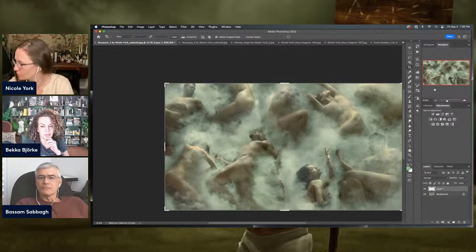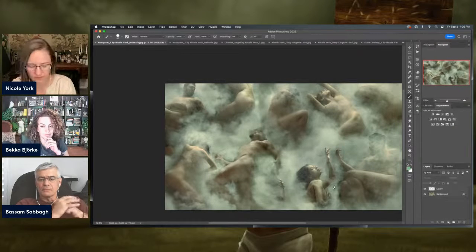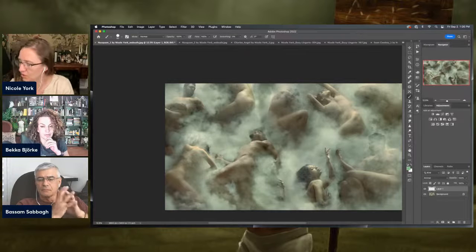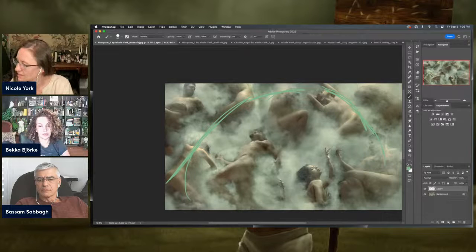So let me show you what that looks like, in terms of how these are connected, right? So we've got this and this. We have a curve here. We have this curve here, right into here. We can't see his face, but we know where his eye line is going.